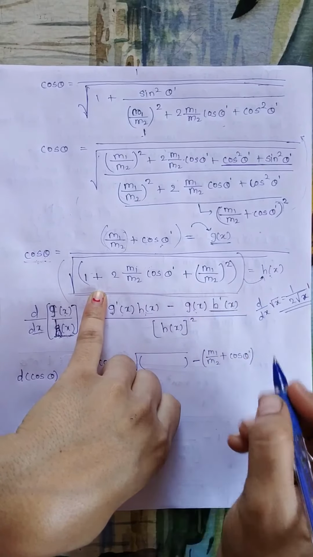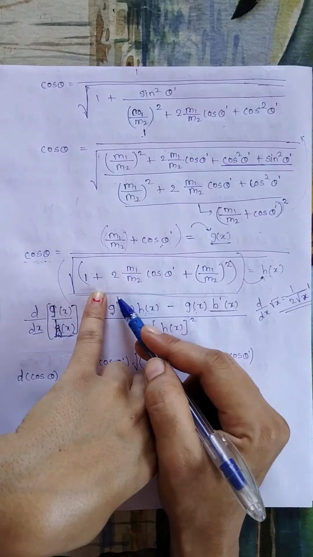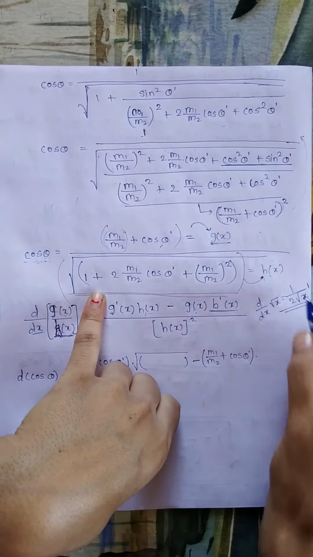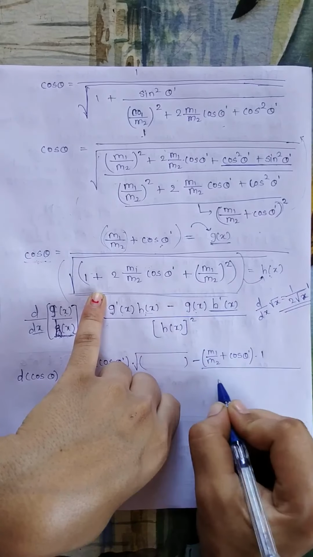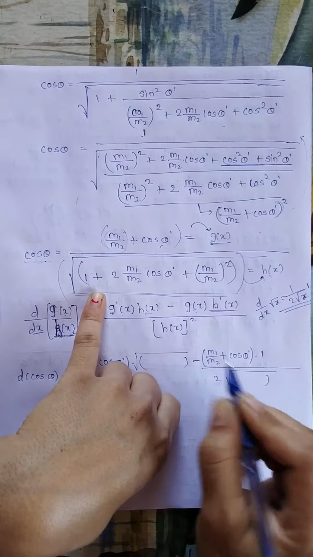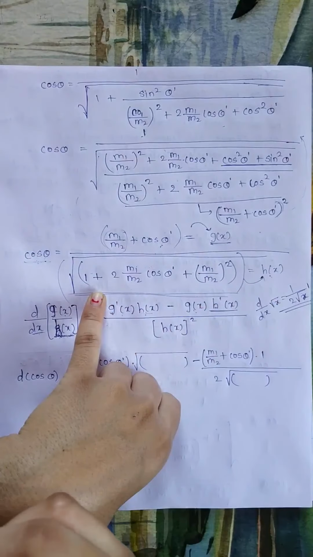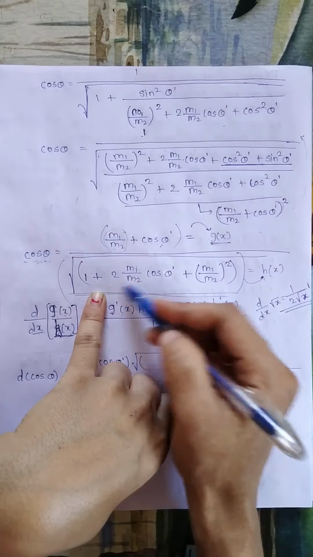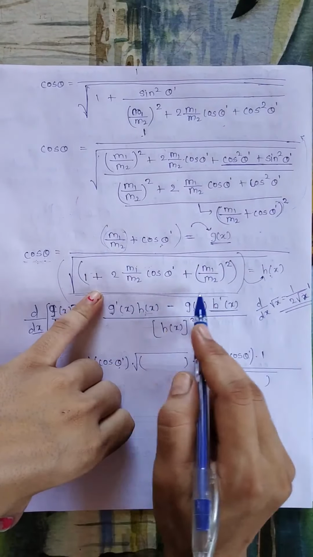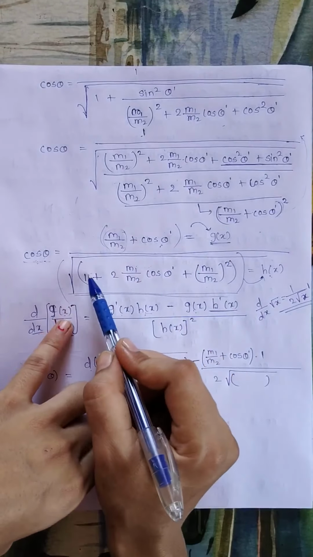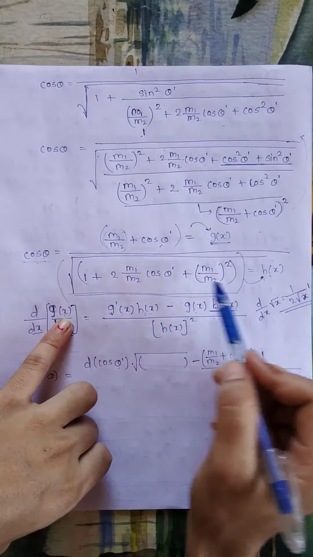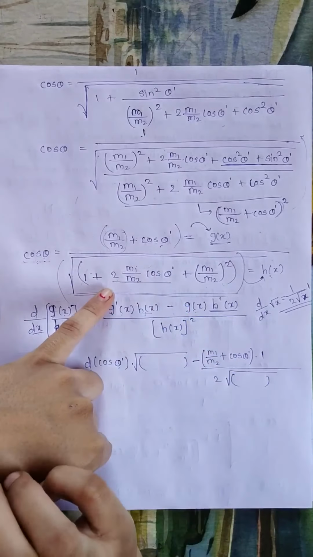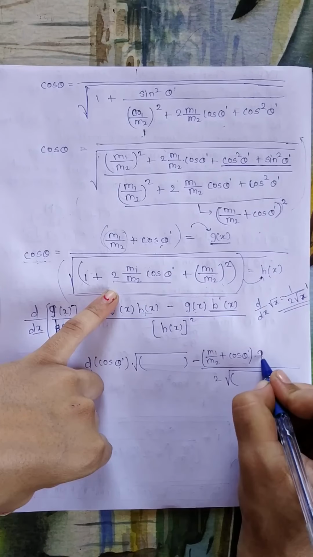So here we will get h dash. To find h dash x, its derivative will be, there is root, so derivative of root is 1 upon 2 root. So we will get 1 upon 2 root, that root, and this equation is there, I am skipping its writing, into derivative of the quantity which is inside the root. So here if you observe, the derivative of these two terms will be 0 since there is no theta dash. So there will be only derivative of this term and its derivative is 2 as it is.